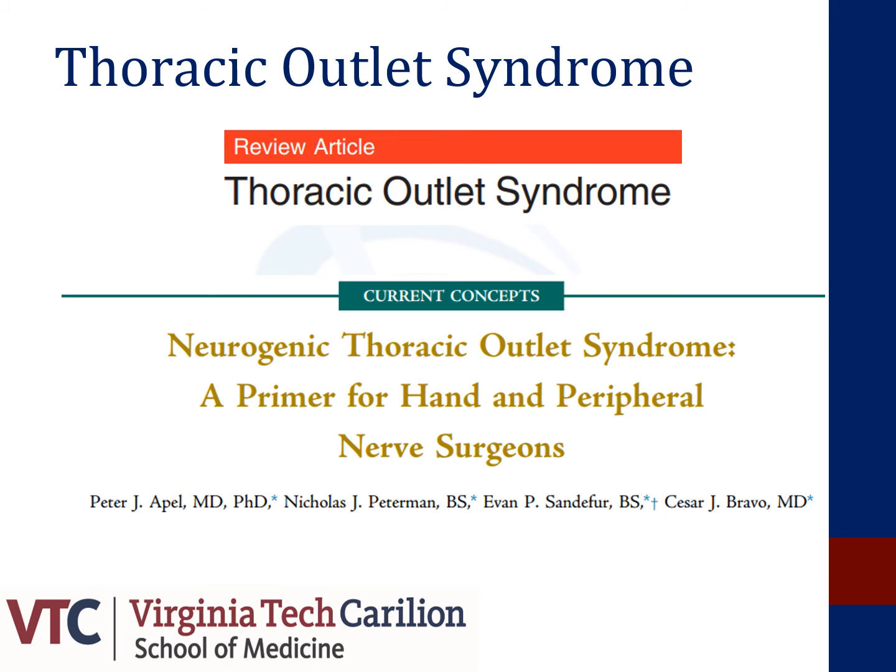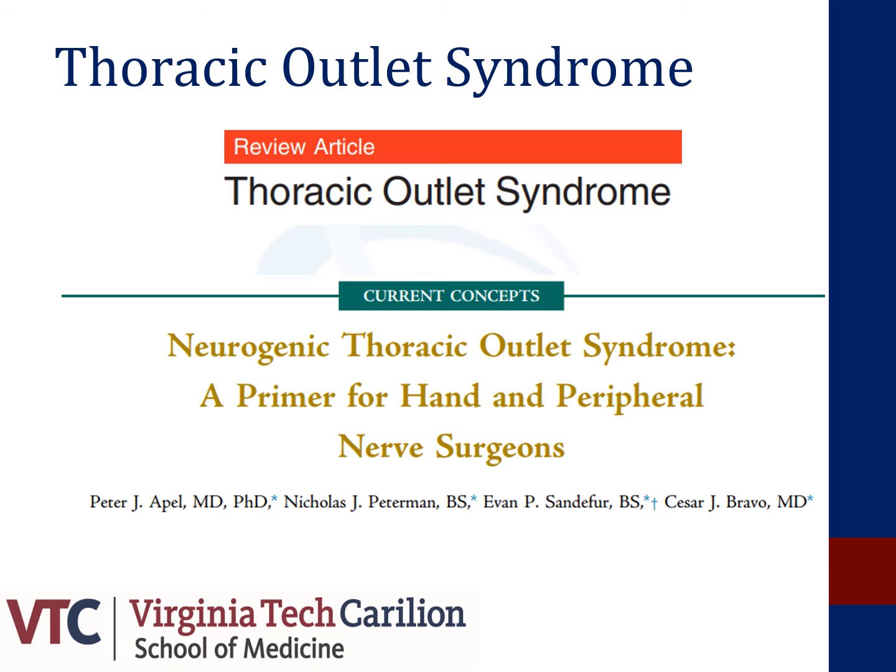Finally, we will discuss thoracic outlet syndrome, specifically neurogenic thoracic outlet syndrome. As will be highlighted later on in this discussion, neurogenic thoracic outlet syndrome is a clinical research area of focus here at Carilion Clinic. To begin, thoracic outlet is defined as the interval from the supraclavicular fossa to the axilla that passes between the clavicle and the first rib, containing 3 important structures, including the subclavian artery and vein and